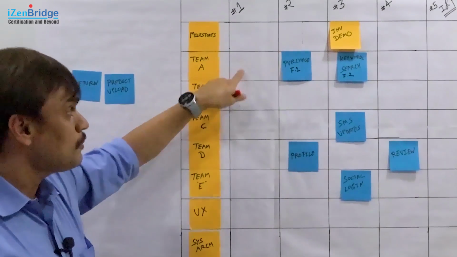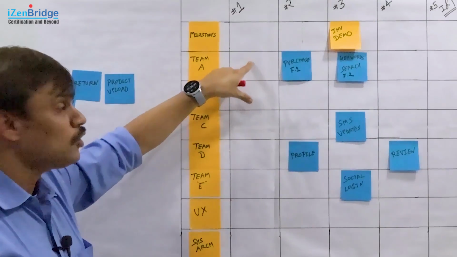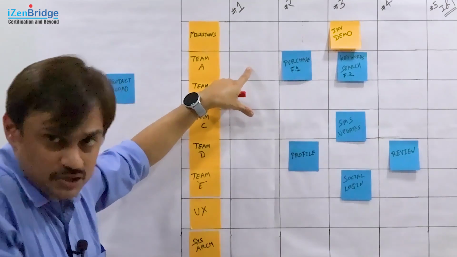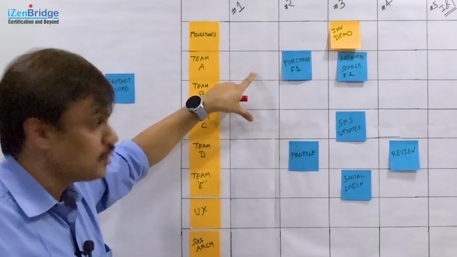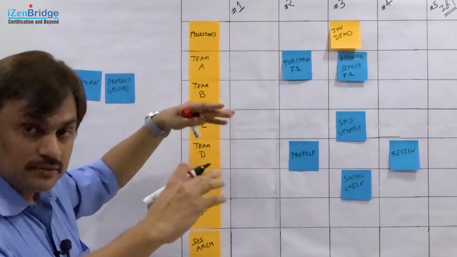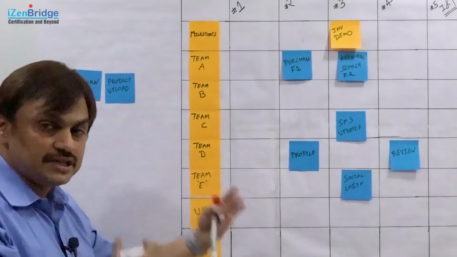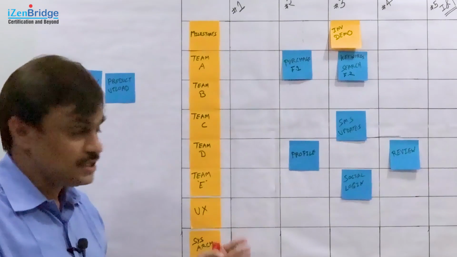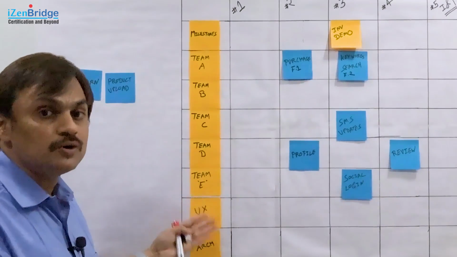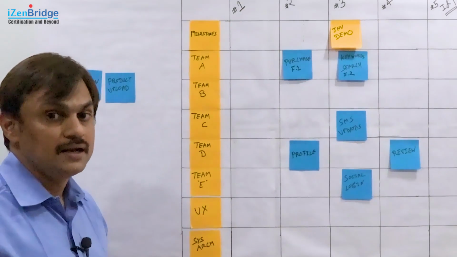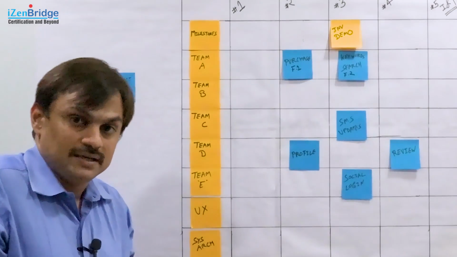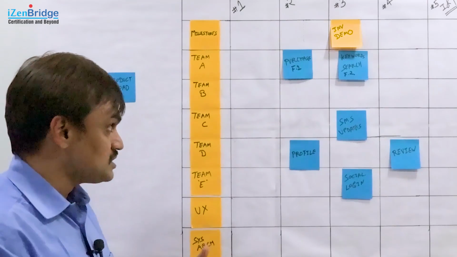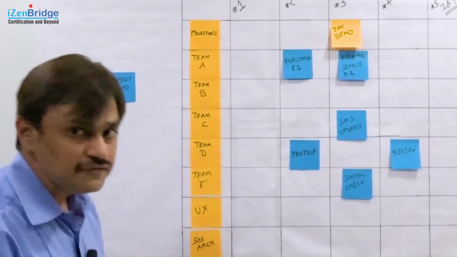Now, here they are not marking anything. It does not mean that they are not doing anything in iteration 1, they are working on user stories. That is why there is nothing marked here. So, each team, especially as the board starts getting populated well on day 2 of the PI planning meeting, a blank PI board may be prepared at the beginning of the PI planning meeting itself, so that we are ready to get started with the integration as soon as we start getting this information from different teams.